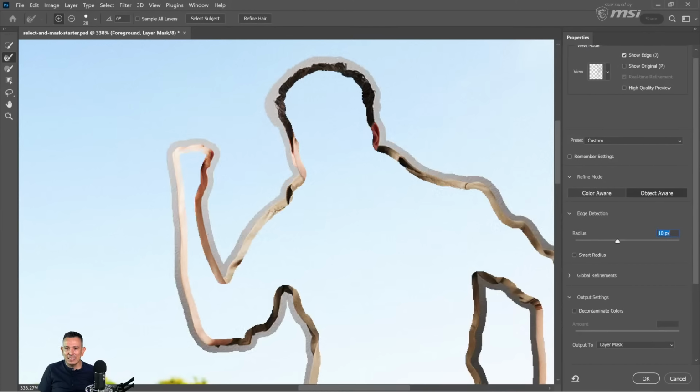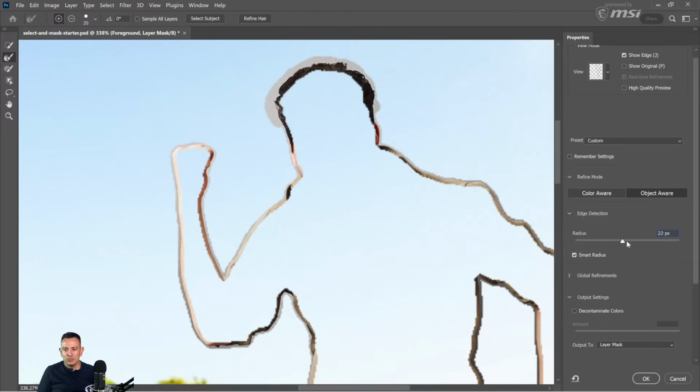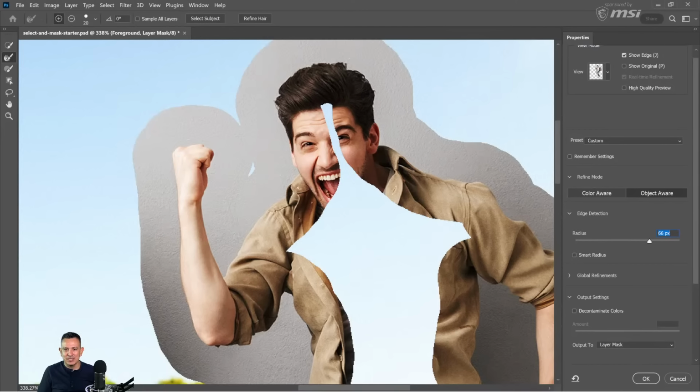But the point is that when you enable Show Edge, you can clearly see how this is working. Photoshop is now applying a 10 pixel radius on these edges where Photoshop will analyze the background and foreground and attempt to create separation between them. Notice that when I enable the Smart Radius, and I'll increase the radius so it's easier to see, the edges are no longer smooth. They're sort of jagged. So Photoshop is attempting to automatically adjust the width of the slider. Watch when I uncheck this box, the edges are smooth again. See that? Because now it's just applying a 66 pixel